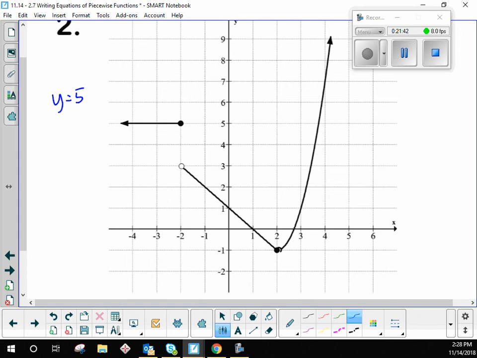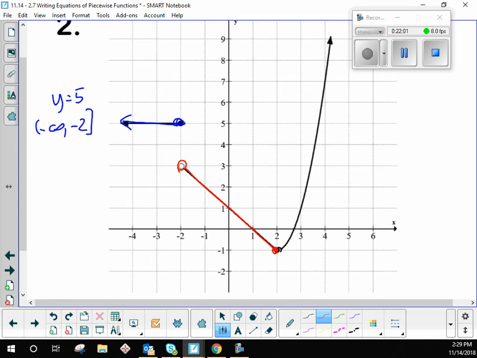And then its domain piece is from negative infinity to negative 2. Is that negative 2 included? Yes. Okay. So that's this blue part right here. We did that. The red part